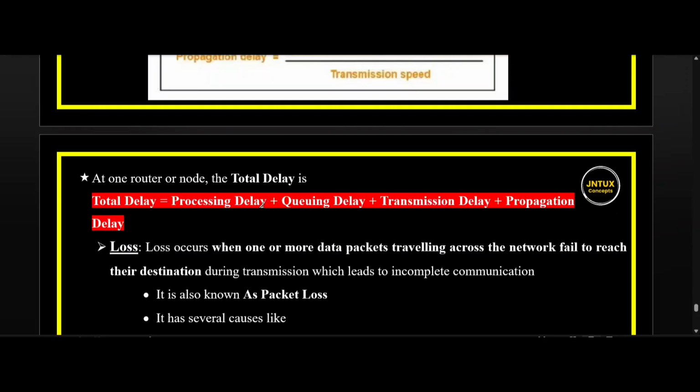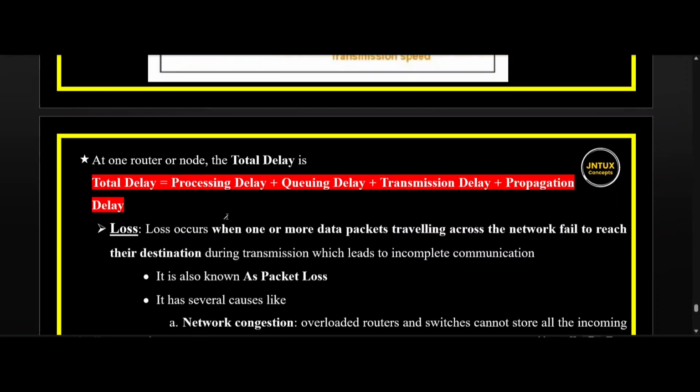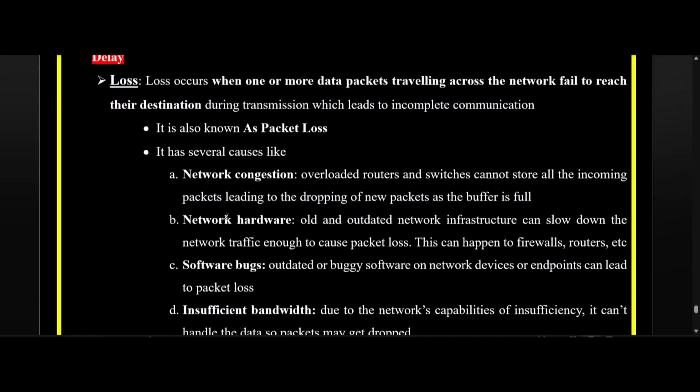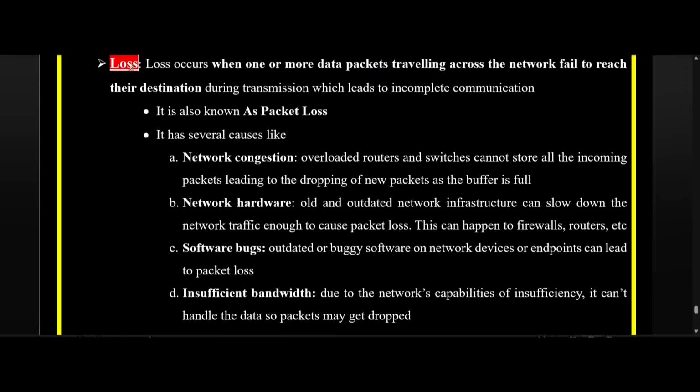So that is about everything of delays: what is meant by delay, what are the types of delay, etc. So let's move to the next topic, that is loss. Loss occurs when one or more data packets traveling across a network fail to reach their destination